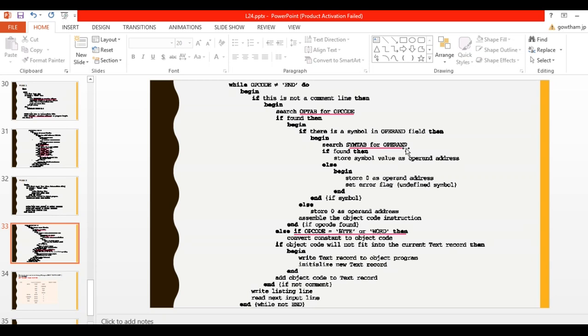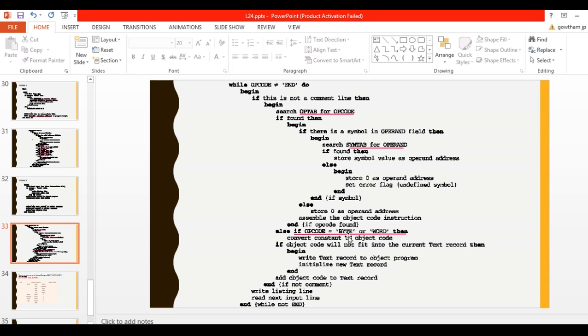So search for that particular symbol in the symbol table. If it is found, store the symbol value as the operand address. So you have to store the opcode value and the symbol table address value. Else store 0 as the operand value. If the symbol is missing, then you have to store 0 in the operand address. So this you have to repeat.